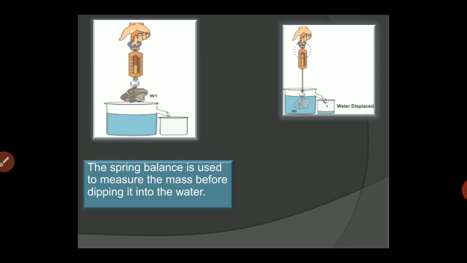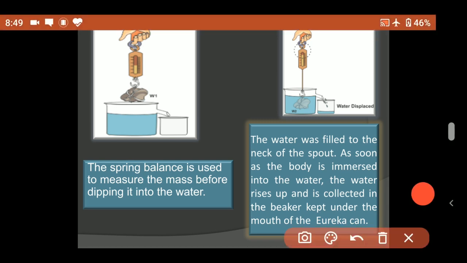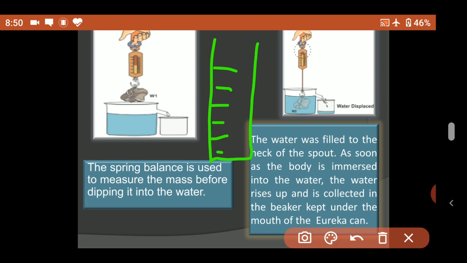Now this beaker collects all the displaced water. When this displaced water is put into a measuring cylinder, we can measure the amount of water displaced, that is, the volume of liquids is found using these measuring cylinders. So we can easily find the volume of liquid displaced, and we know that the volume of liquid displaced is equal to the volume of the solid immersed inside it. So we get the volume of the solid.